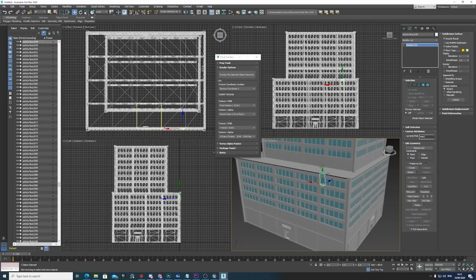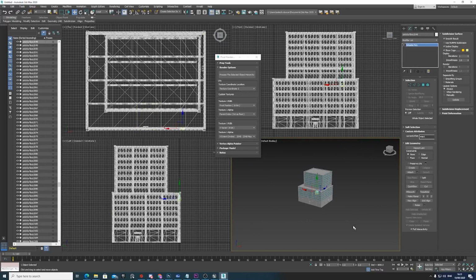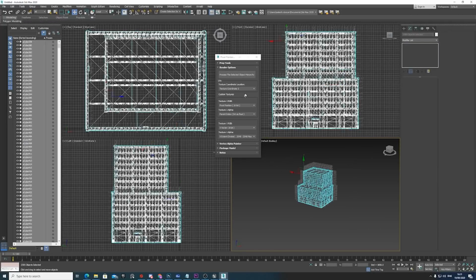So what we're going to be doing is, the script is going to be taking our selection order. So we're going to create a selection inside of 3ds Max. In the order that we selected, we're going to create a new UV on a different UV channel. So it's going to be a texture coordinate anywhere between 2 and 8, depending on your art pipeline, but we're going to keep it at number 2. In that new UV coordinate, we're going to be